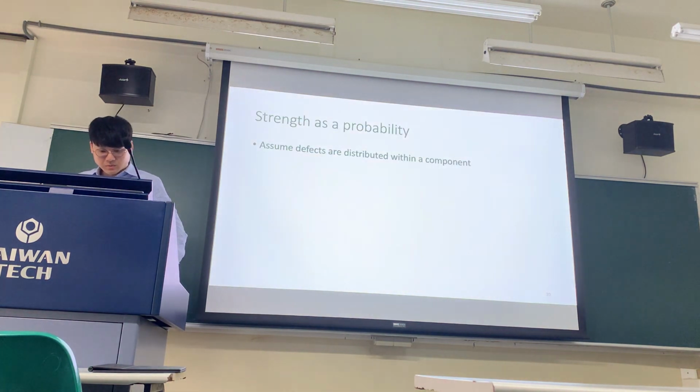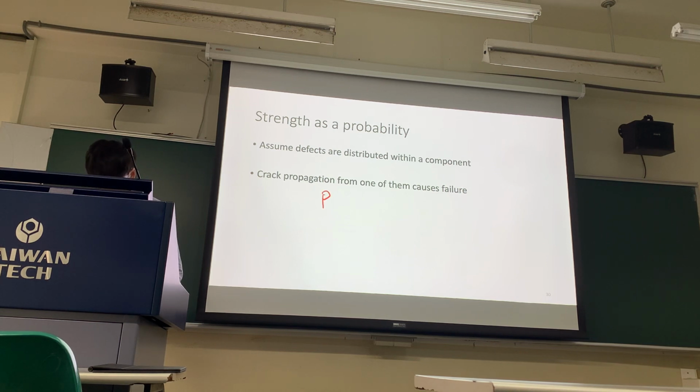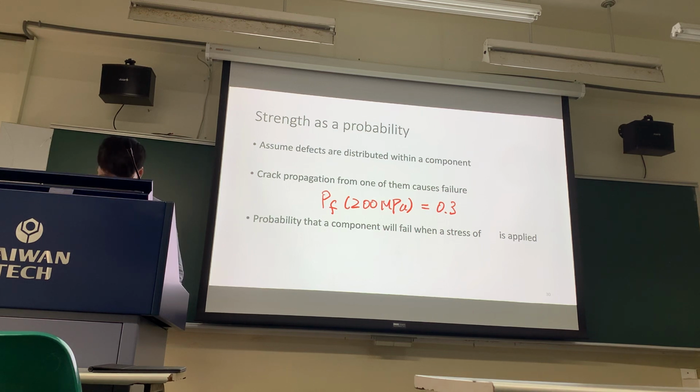Okay, strength as probability. So how do we do that? Assume defects are distributed within a component, and crack propagation from one causes failure. So for example, if P stands for probability, chance, and F means failure, if you are at 2 MPa and that chance is 30%, you can say 0.3. Simple as that. It's the probability that a component will fail when a stress is applied. So you can write the distribution